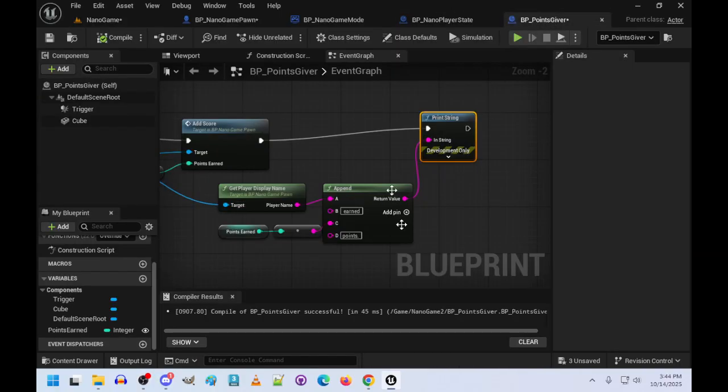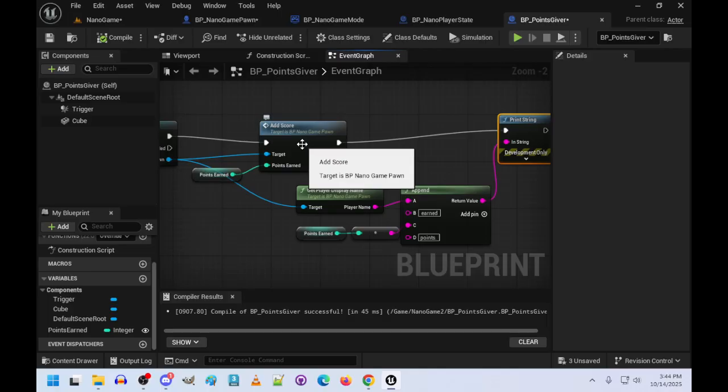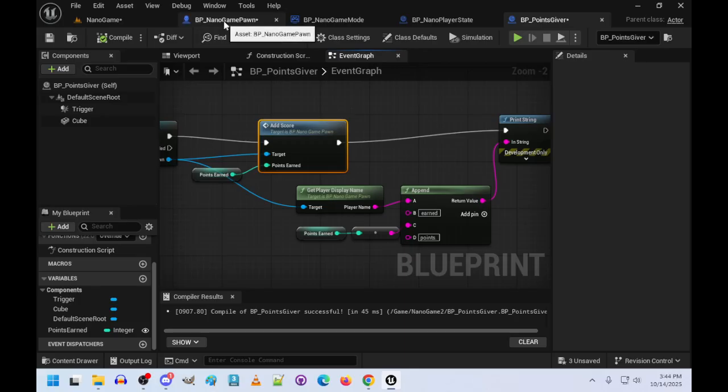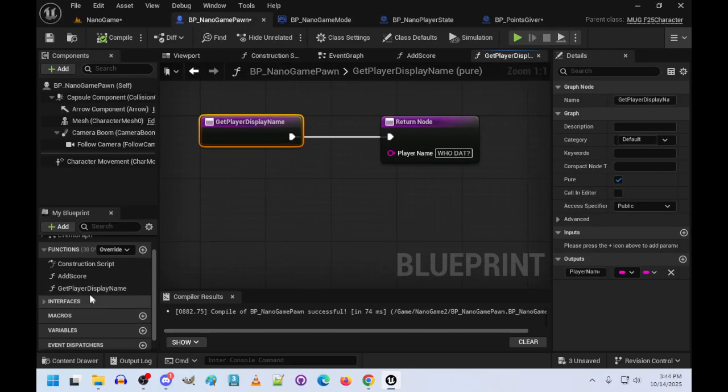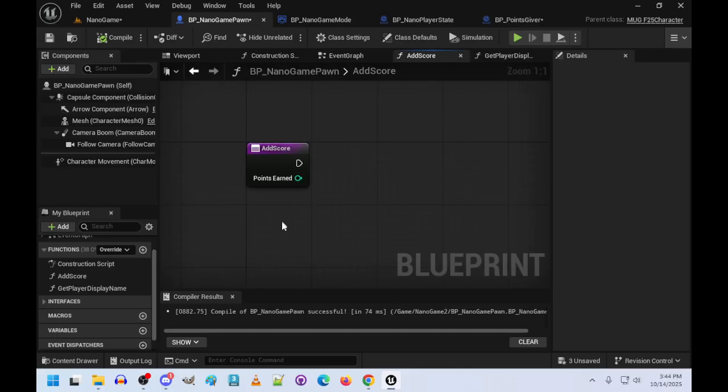All right, so let's go back to our points giver. We've gone to the add score. It's using add score. It's setting this all up. Let's go back to the pawn. Let's go back to our add score. So right now we're not doing anything. So the big issue is that